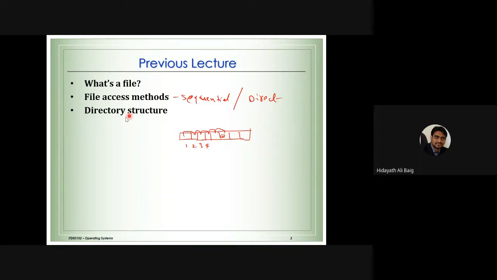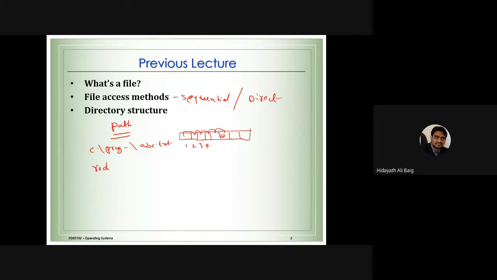Okay, and we also discussed directory structure. Directory is like a folder. So we understand that we can have a single directory, or the better thing is for each user, we can have a different directory. And we discussed path names, the file path. If we want to reach a particular file, we need to specify the path like the C drive, then program files, and then the file name dot txt. So we specify the path.